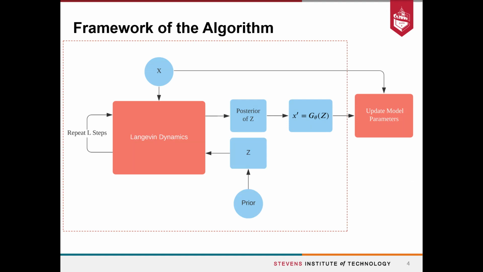The framework of the model is briefly described in the figure. It is kind of similar to the EM algorithm. We first initialize the latent variables from the spike and slab distribution at each iteration. Then we do L steps of Langevin dynamics to obtain the posterior distribution of the latent codes while fixing the model parameters theta. At last, we will update theta using the obtained posterior distribution of the latent variables and also the given observations. The red lines here show the testing procedure. We can obtain the reconstructed image and latent representation from the above steps.